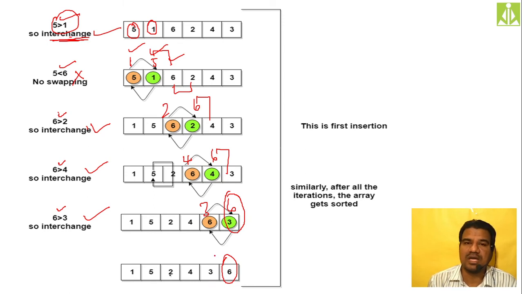That is the reason why it is something like air bubbles reaching the top of the water surface. Automatically they will be bubbled. In that same way, what is happening over here? When you are performing this bubble sort algorithm, the greatest elements are automatically bubbling to the end of the list. So that is the reason why the name bubble sort is given. So this is only after the first iteration.